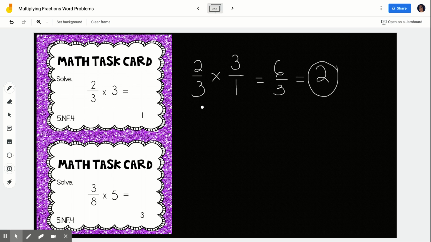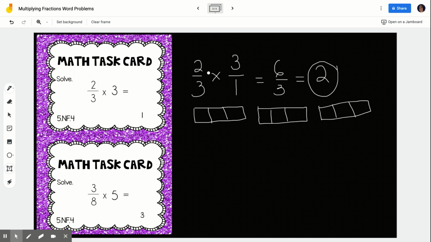If we were to draw this as a model, let me do this really quick. I said this would be a quick lesson. I really mean it will be. All right, so if we were multiplying this by 3, that means we draw 3 of these models. 2 out of 3, 2/3 times 2/3 times 2/3. So 2/3, 3 times,